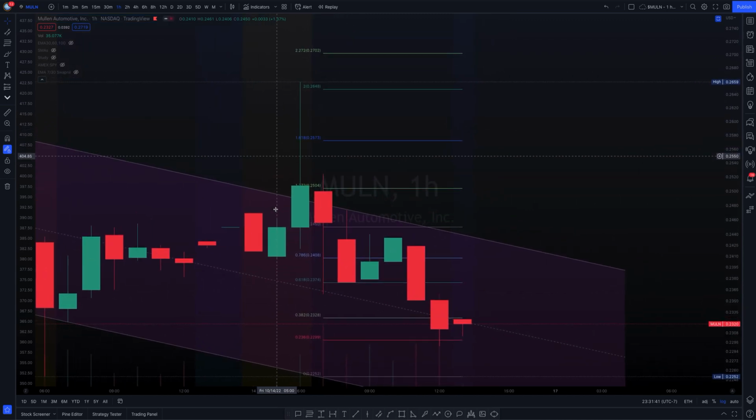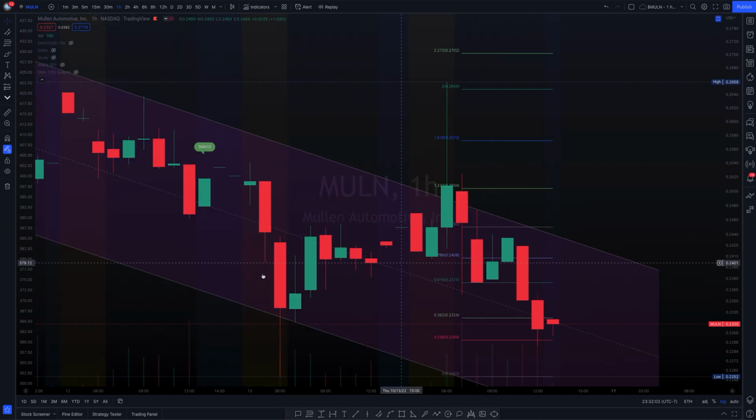And also, we did get the rejection that we were looking for from the 2 fib. So we actually just wicked right above it, just a microcent away from it. So we were pretty spot on about these areas here. Now, what we were wrong about was the fact that I was saying that if this is the breakout